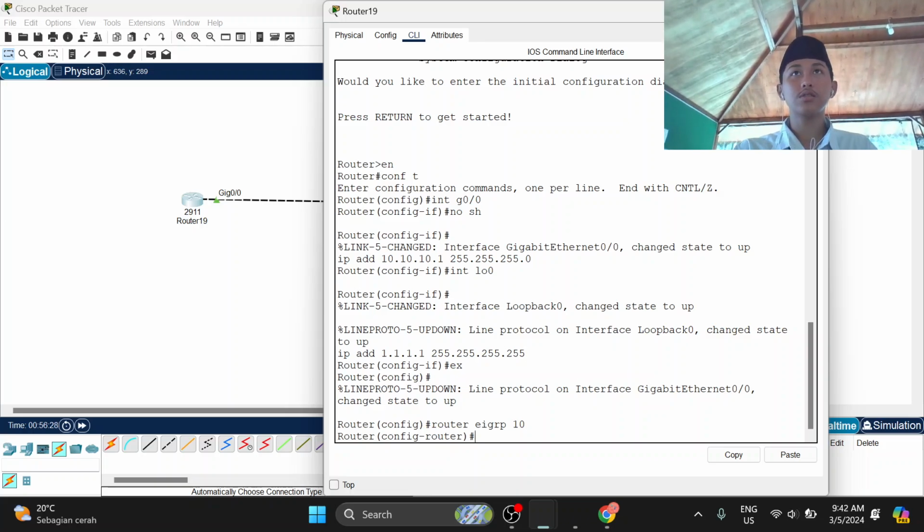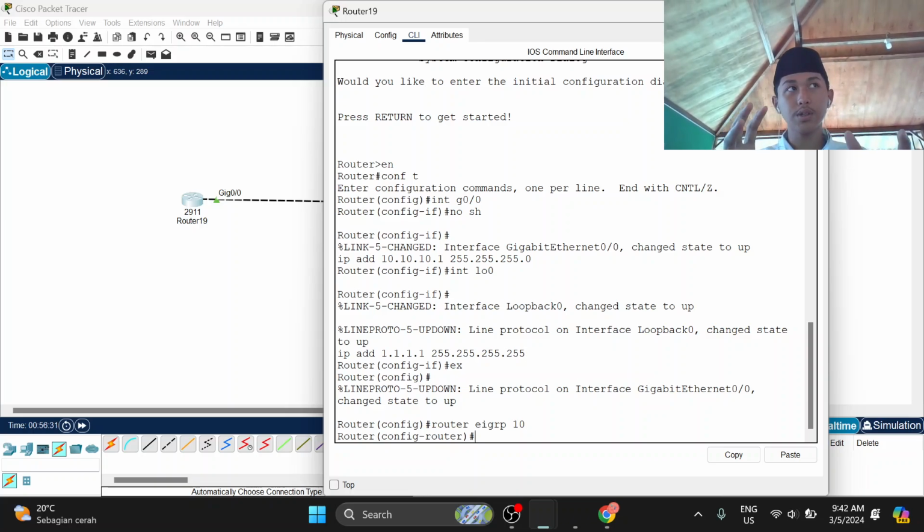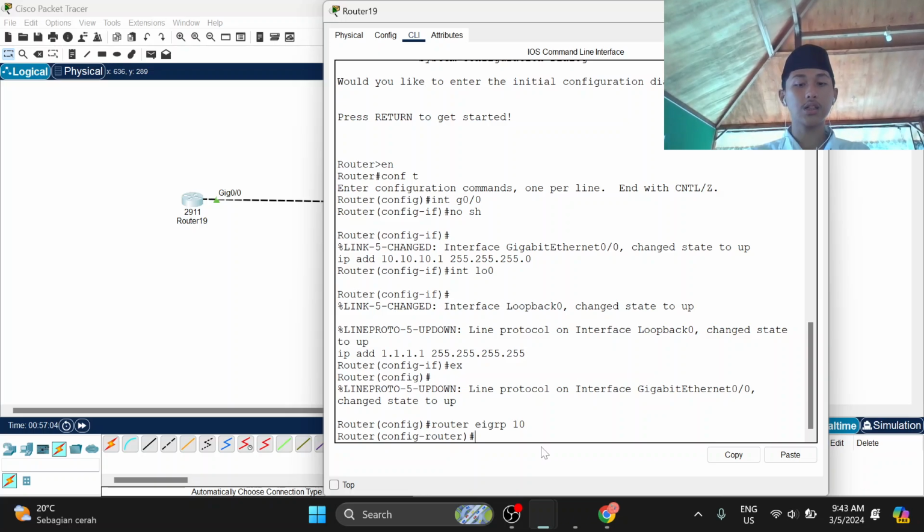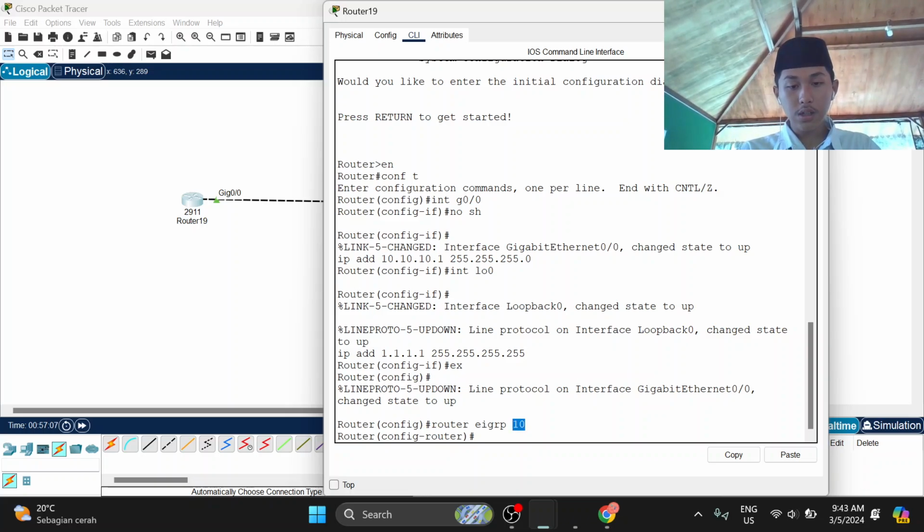IGP, as in the earlier example of the green cloud and blue cloud, is routing within one autonomous system. But with EGP, the exterior gateway protocol, you connect between two autonomous systems, for example autonomous system 10 and autonomous system 20. Router EIGRP 10 is the autonomous system that we will use.